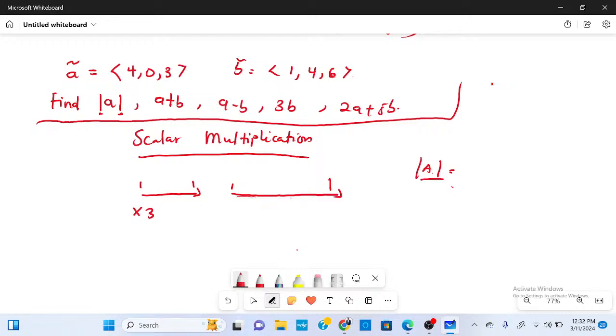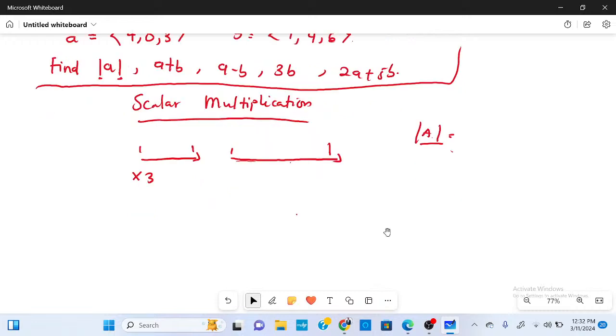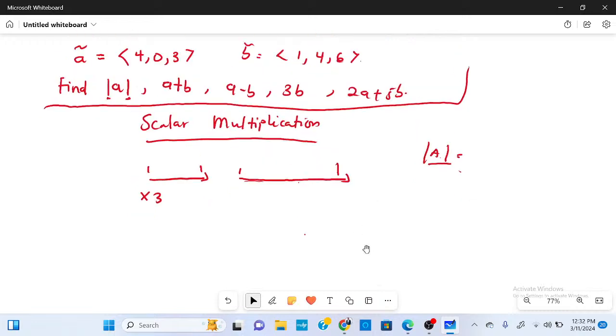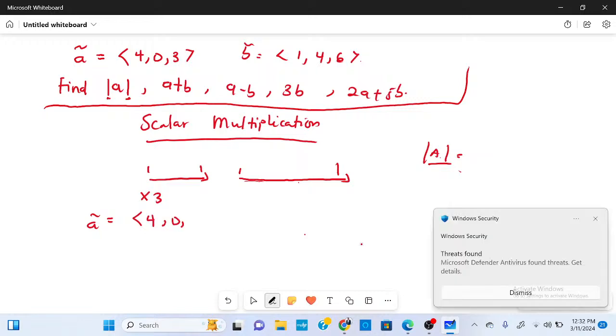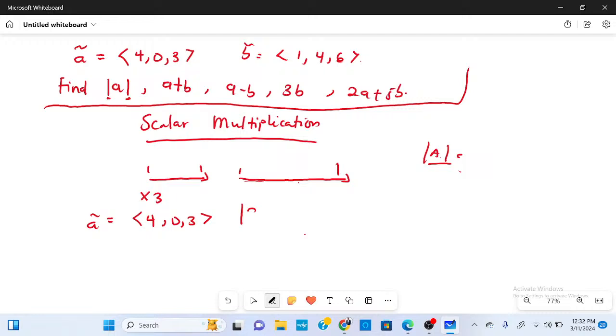So now what is A? A is 4, 0, 3, right? We have to find the magnitude of A, and the magnitude of A is simply equal to